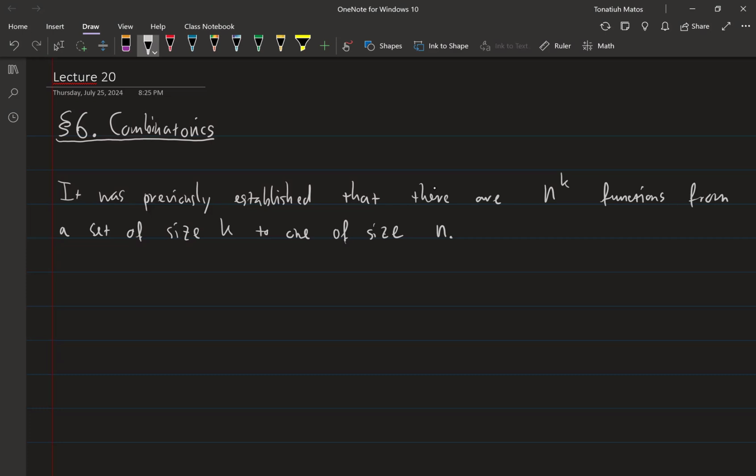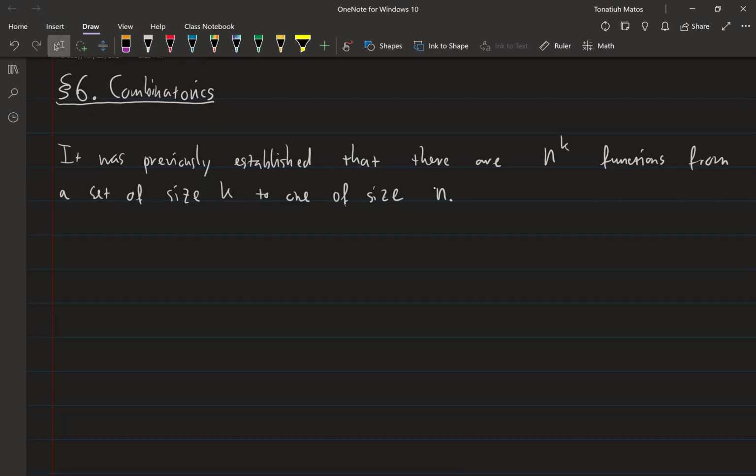And we used this combination lock analogy to argue why this is true. I want to talk a little bit more about why this is true, and then we can start considering variations